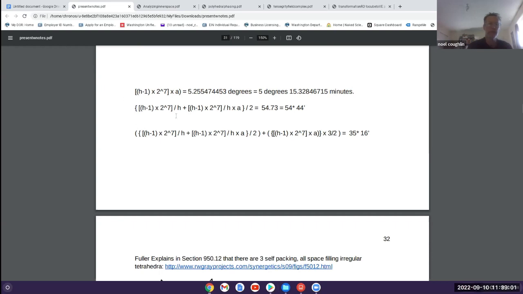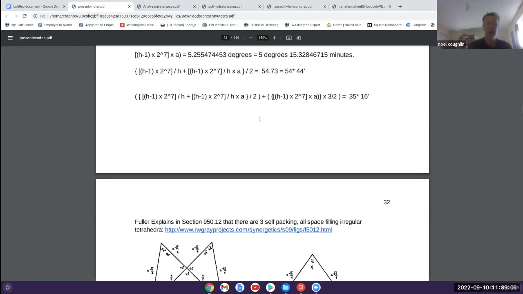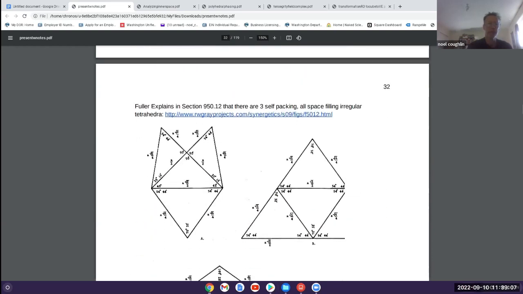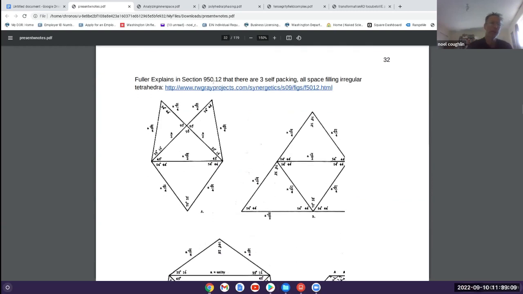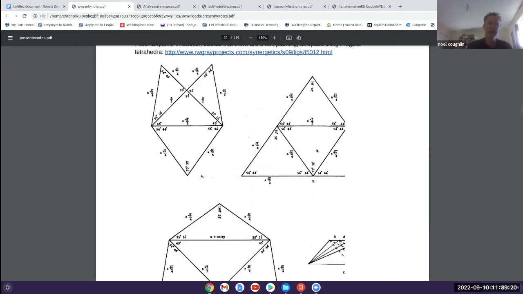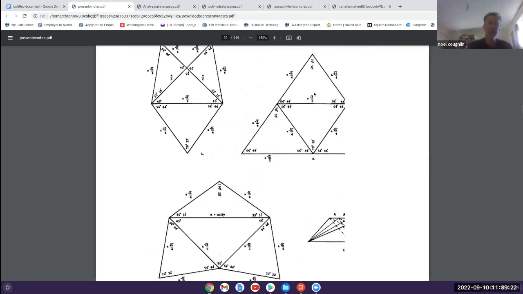What I mean by I thought this was notes is that these numbers are all correct, but I haven't worked out all the considerations involved. But I have worked out considerations involved in 950.12 of Synergetics, which shows us how all these different angles, look at 54 degrees, 44, 35 degrees, 16, 90 degrees, 45 degrees, those are the angles that are needed for these 3 different types of all space filling